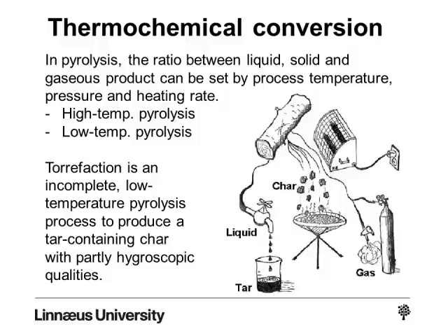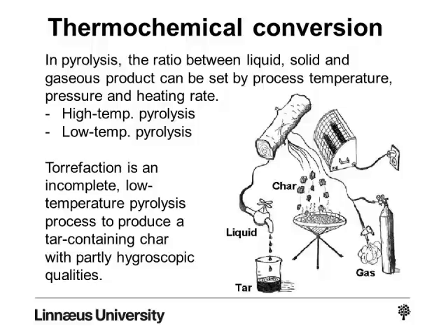You can get a solid fuel, that is charcoal, and you can also get a gaseous fuel, that is a pyrolysis gas. The proportions between these can be set by the process temperature, by the process pressure, the heating rate, etc. But to make things very simple, we shall only distinguish between high temperature pyrolysis or charcoal production and low temperature